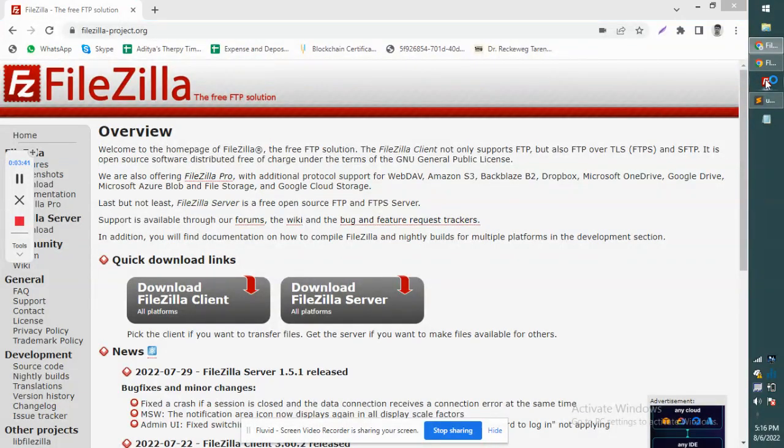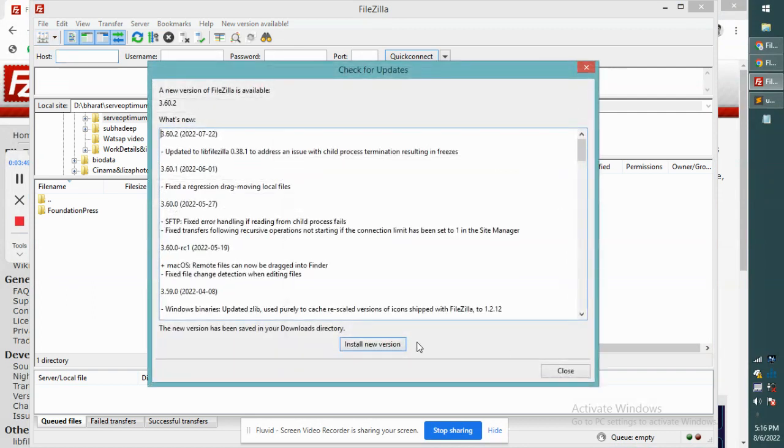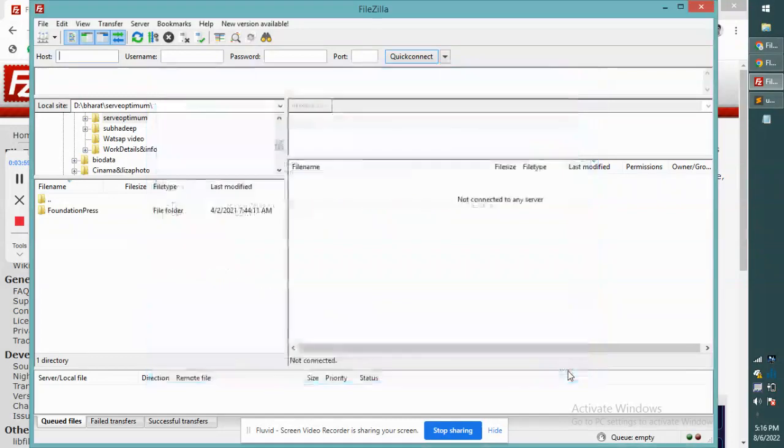so I am clicking on the FileZilla icon. You can see this type of software will open for you, and it looks like a new version is available. I am not downloading the new version again, I'm just closing it. Okay, then what you have to do is